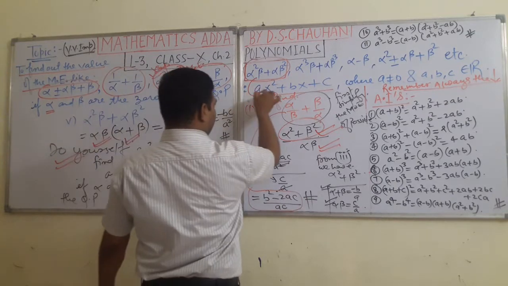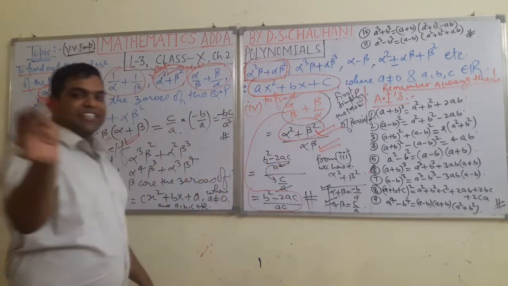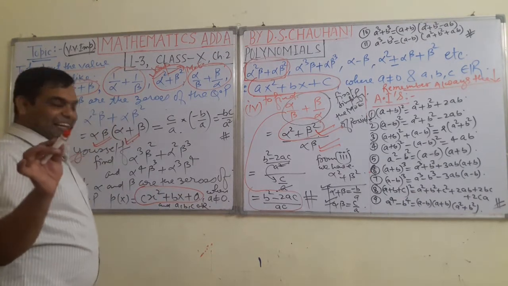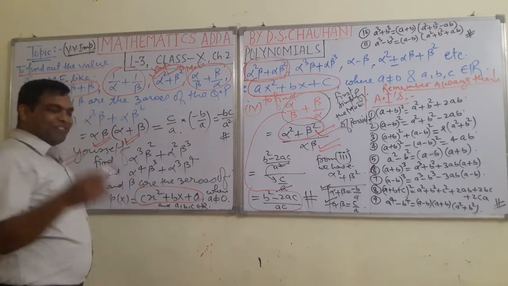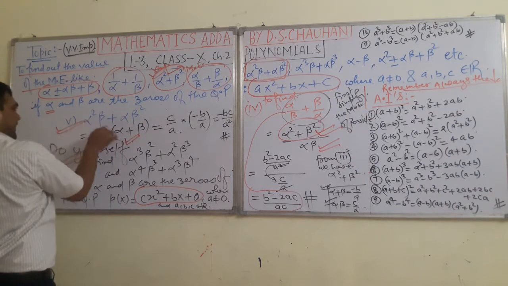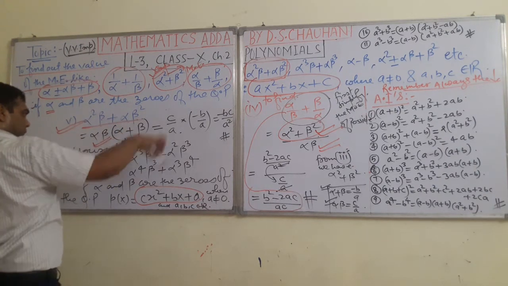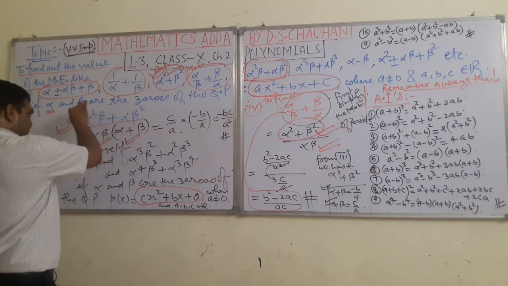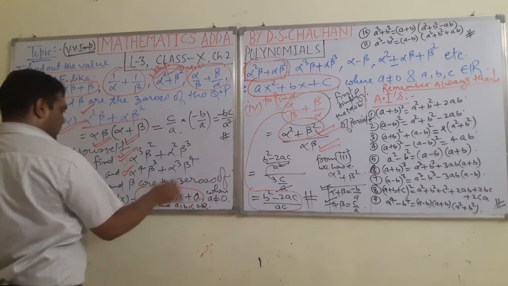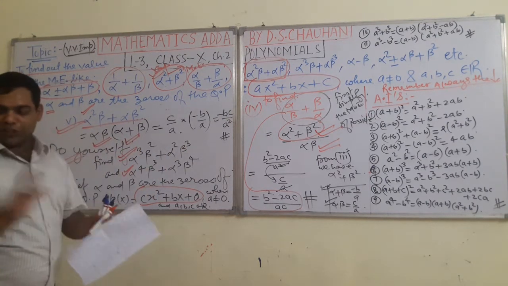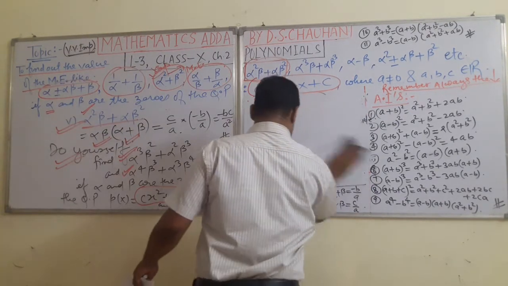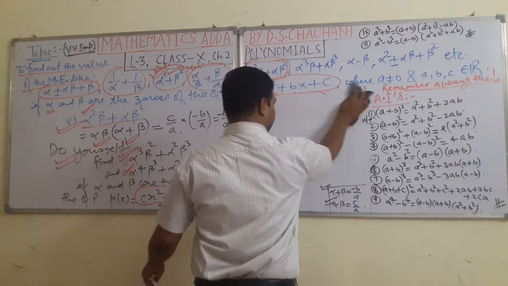Here the expression is ax square plus bx plus c, and instead of this I have written here cx square plus bx plus a. This is the question you have to do yourself. Very easily you can do. How can you proceed? With the help of this expression. As you have seen, the way of solving this mathematical expression, in the same way you have to proceed for this and this. I am leaving this for you. Okay students, now the next thing I am going to describe. Try to understand easily.